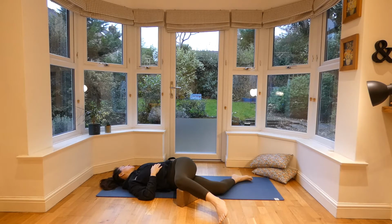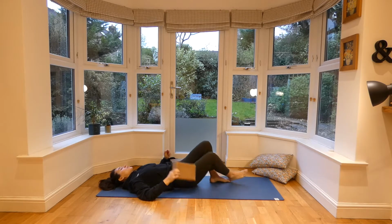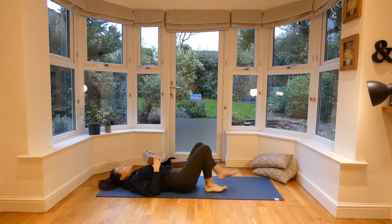Releasing any tension that you're still holding in that left leg. Allowing it to fully sink down into the block. Final inhale. And exhale, slowly, slowly switching over to the other side, taking that block with you, scooching to the